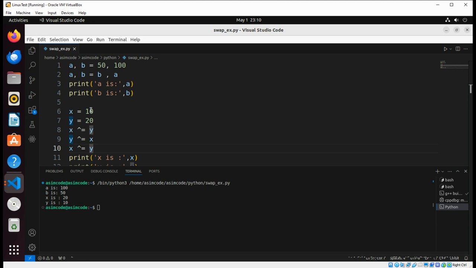Initially x has the value of 10 and y 20, and after XOR we have x is 20 and y